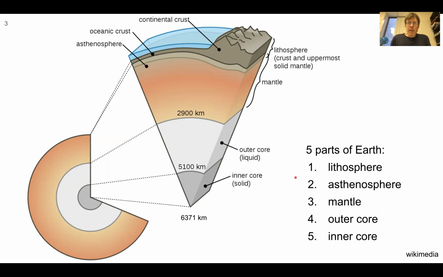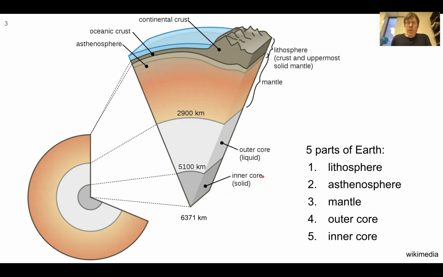Listed here, it's from top to bottom. We have the lithosphere, which is the plate, the rigid part. The asthenosphere is this weaker material that the plates are on top of. It actually is a key part in enabling plates to move. The mantle is the big one shown here. And then there's the core of the Earth, which is represented by a liquid outer core and a solid inner